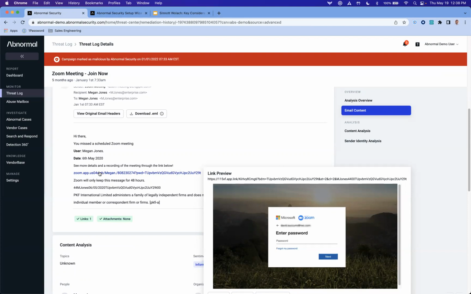This is a newly created, never before seen URL that highlights the ability to land on the inbox and then look as legitimate as possible to the login from Microsoft or any other authentication page.